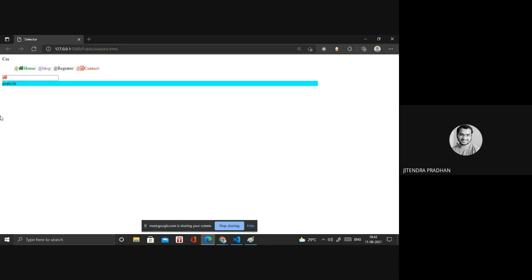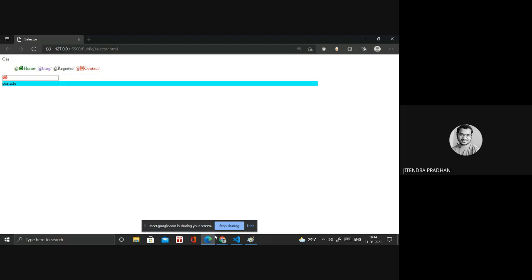Okay, so what is the content box? Whatever content you are writing inside, it's the content box. The padding box is the space around the content, and it is controlled using padding. Means whatever space is between the border and the content, it's padding. Okay, and the margin is the space outside the border.